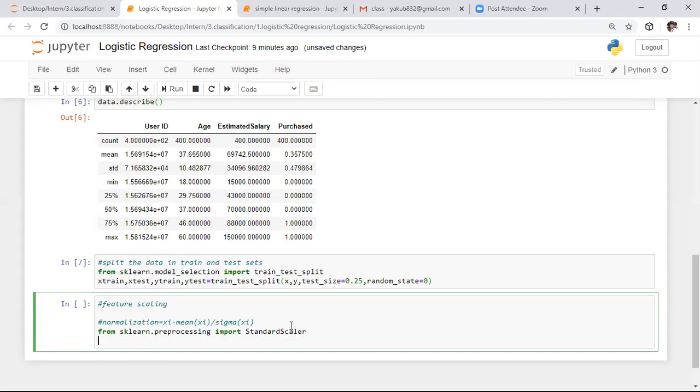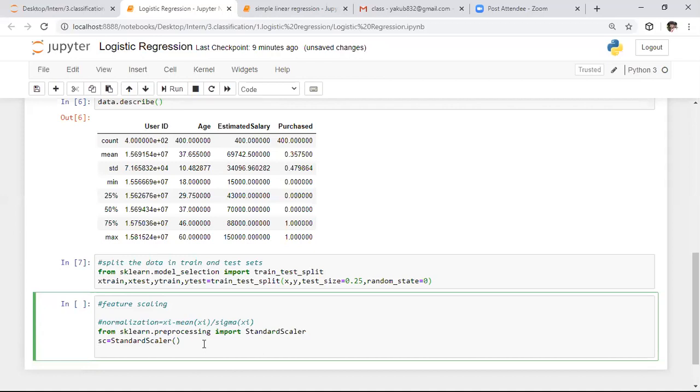I'm importing the StandardScaler class. After importing the class, we need to create an object with a specific name. Here I am creating an object with this name.